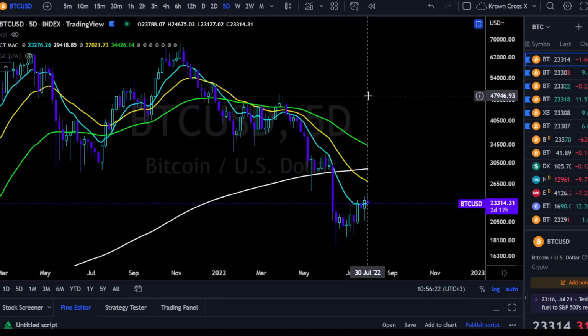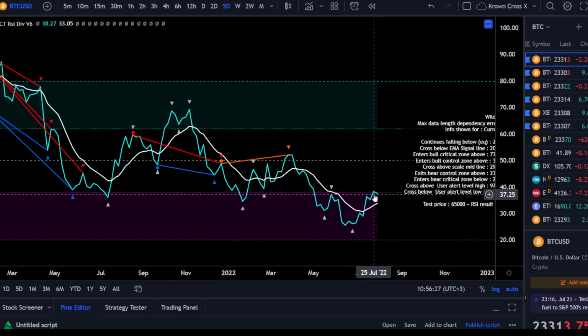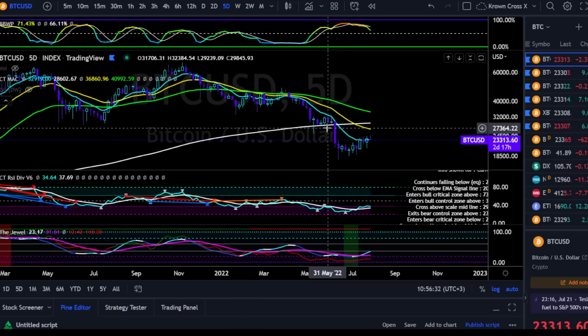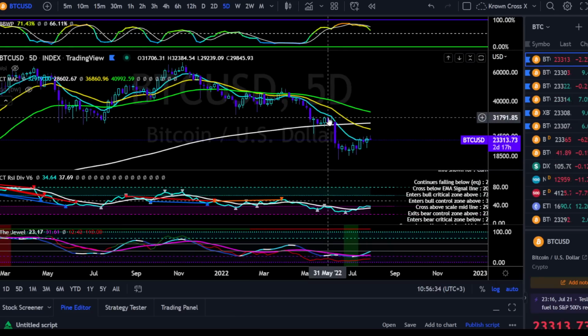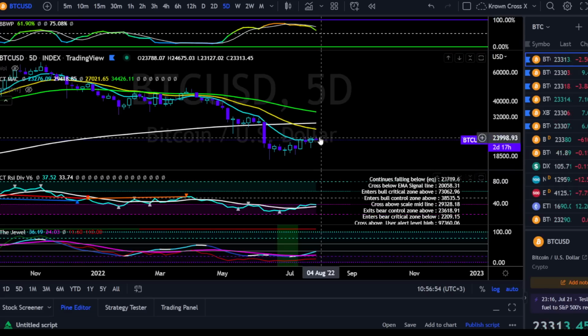Eastern time. Potential hidden bearish divergence in play between the potential highs right here in late July versus the highs that we saw in late May, where Bitcoin was again trading around $32,000 on that high. If that were to get confirmed, meaning the daily would have to fail its pivot, which was 22.6, or the daily would have to close below 23, thus getting targets down to 22.6. If these coincide with each other, then very likely we do see that confirmed, and that would likely imply a move back down to the range lows.